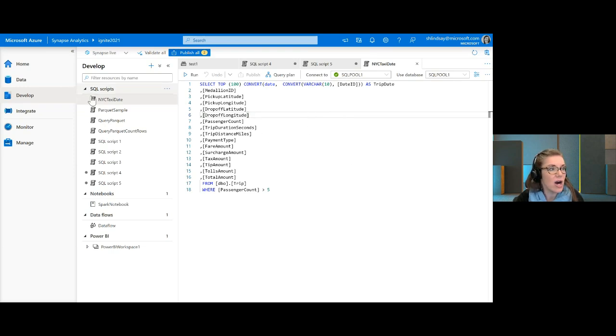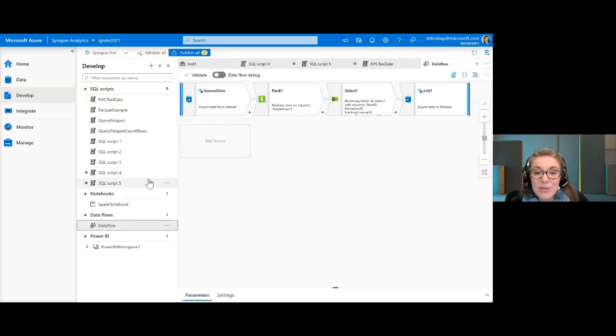So as I click through each of these areas, you'll see we've got the tabs appearing at the top. So this helps you keep track of what you're doing, what you're working on. And then notice you have this option up here to publish. So the Develop Hub here really allows you to centralize all of your analytics in a single place.